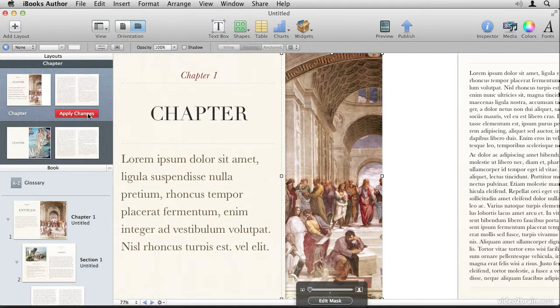If I click Apply Changes, it's going to take all the changes that I've made to this template and apply them wherever that template has been used throughout the document. This basic chapter template was used here on Chapter 1. When I click the Apply Changes button, watch the thumbnail down here change to match the change that I've made up top. So as you can see, by applying a change to the layout template, I've applied that change throughout